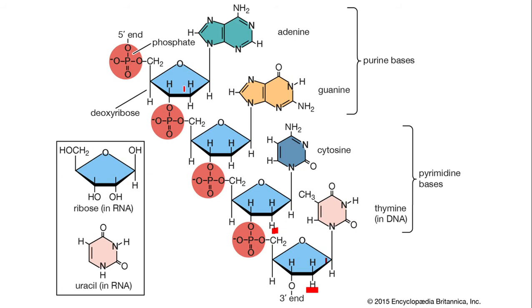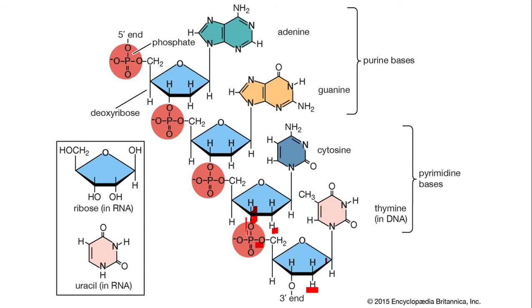Now, the phosphate of one sugar is making an ester linkage with the OH group on carbon number 3. This is carbon number 3 of the next sugar. See, carbon number 5 is bearing a phosphate group. It is making another ester bond with the OH group on carbon number 3 of the next sugar. You see 5, 3, 5, 3 and like that. Already carbon number 5 is engaged in an ester bond formation with the phosphate. So here we have an ester bond. Here we have the next ester bond.